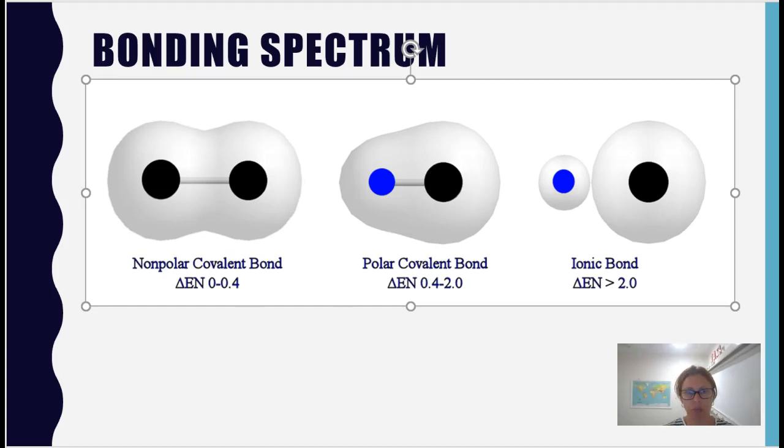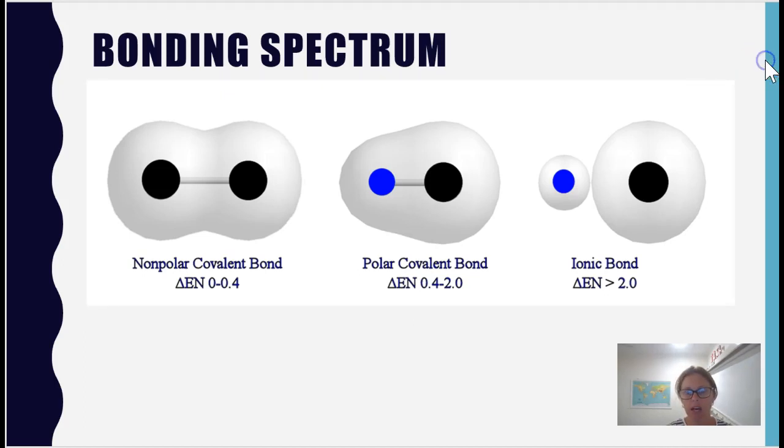So we've already spoken before about the different types of bonds that we have: non-polar covalent bonds between about 0 and 0.4, polar covalent bonds between 0.4 and, as we said in our last video, about 1.5 to 1.7. It does depend on what book you go to, and different scientists have their own little opinions, so that line is a little bit blurred. In this diagram, it's got it at 2, and an ionic bond